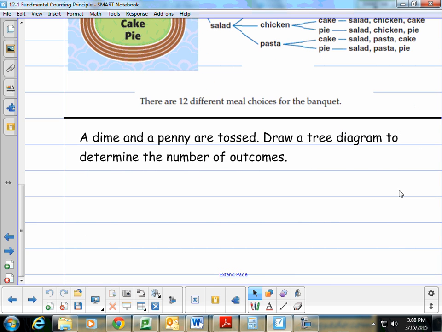So you can give this one a try. How about making a tree diagram for if you toss a dime and a penny? You can make a tree diagram and figure out how many different outcomes you could get. So what I would start with is, okay, if I toss my dime,